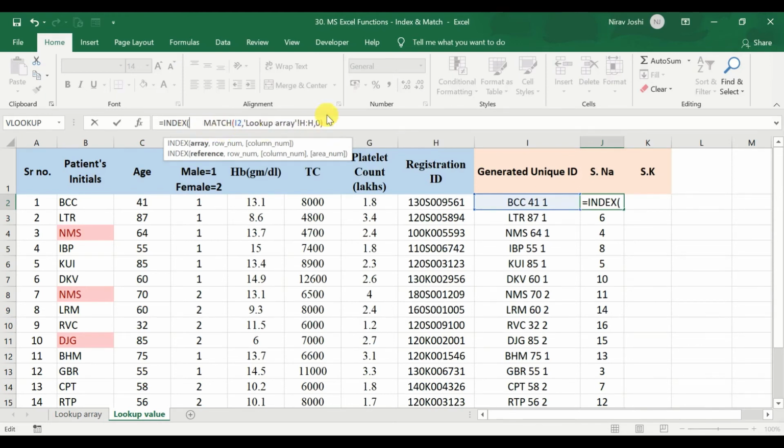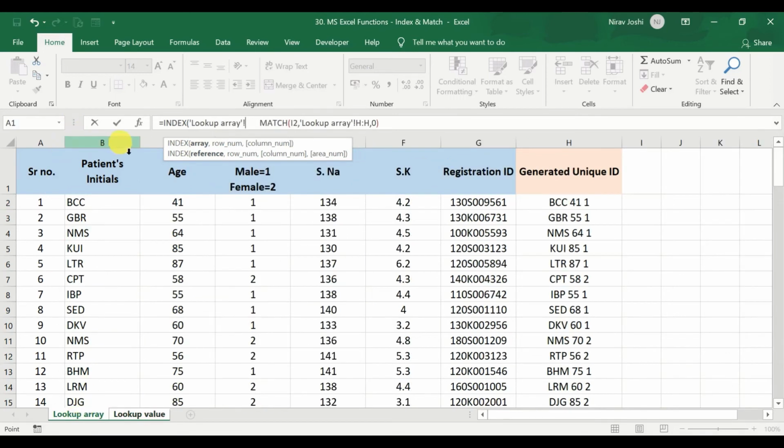We will be nesting this MATCH function in this, but first thing we need to provide is an array, right? So suppose this is the long array of all the values from which we want to get some value, that is serum sodium, this one, or serum potassium. Right now we are talking about serum sodium only, right? So this is the array.